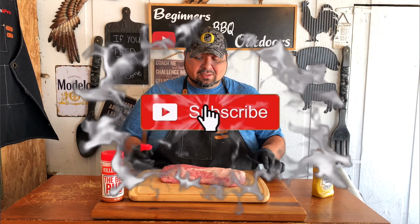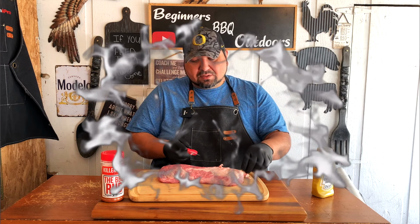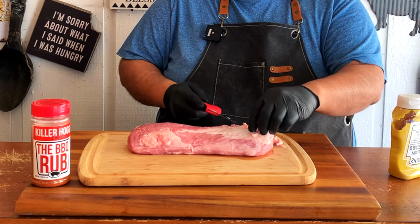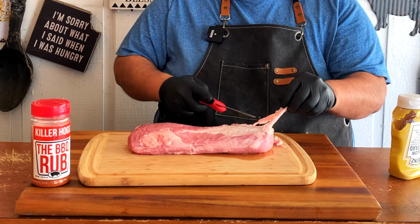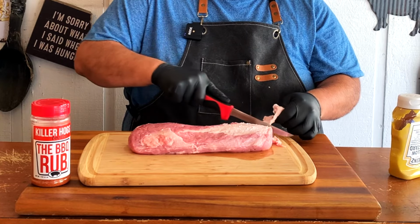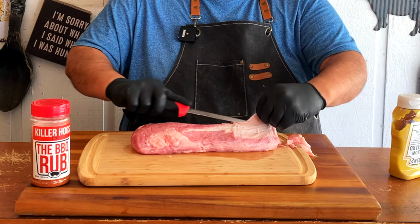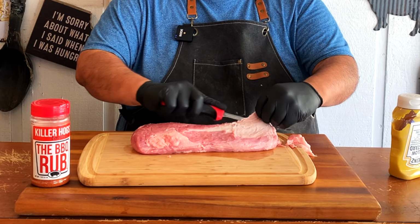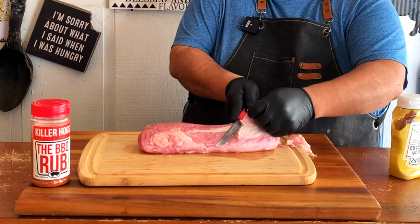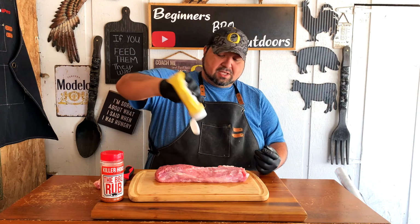Now we are going to cut the silver skin they've got here. I'm going to trim it a little bit and take all this off. So yeah, go ahead and take off this fat that they have on top. All right, now that we took some of that silver skin off, let's go ahead and